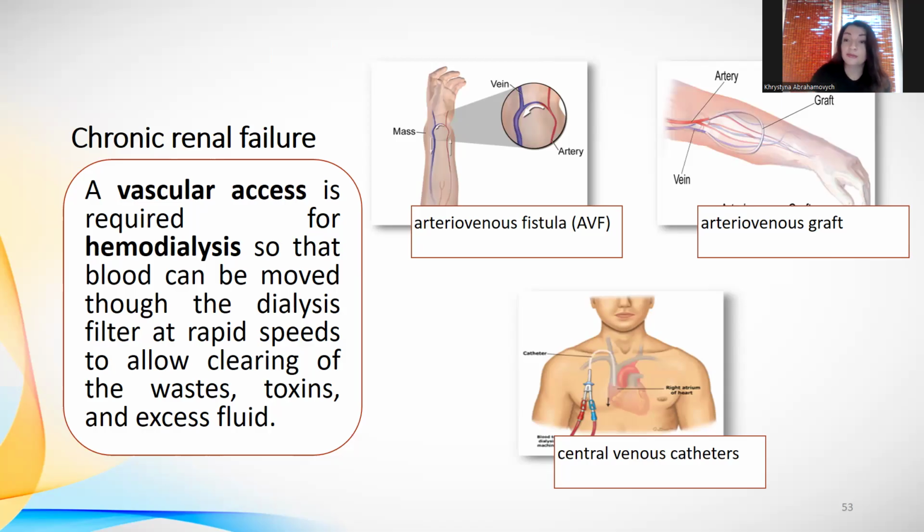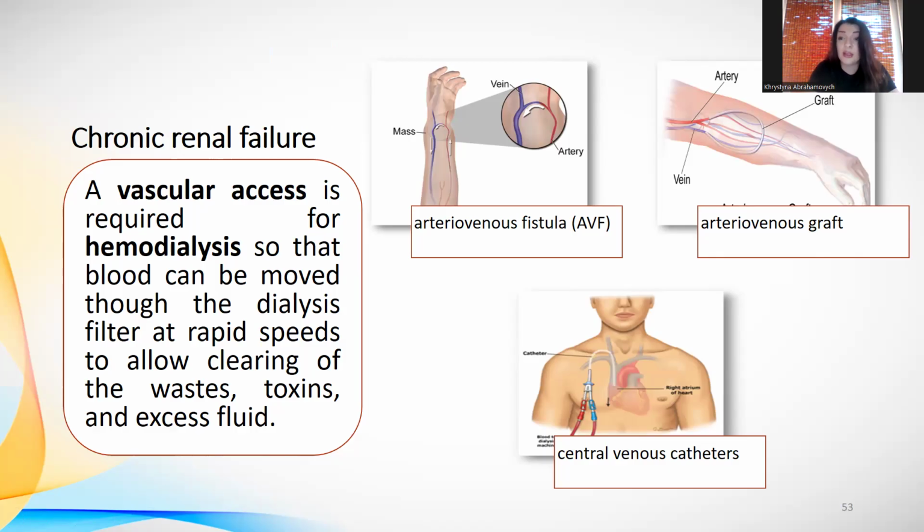Now, chronic renal failure, a little bit about vascular access. So what possible ways are there? First of all, the most common way is called arteriovenous fistula. Besides that, an arteriovenous graft may be formed, and if your patient was not prepared for this condition, but it is necessary to perform hemodialysis for this patient, you can use a central venous catheter, but a central venous catheter increases the risk